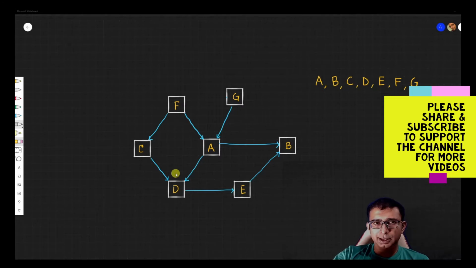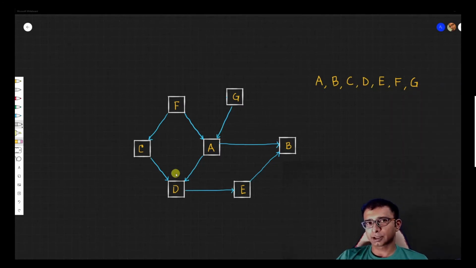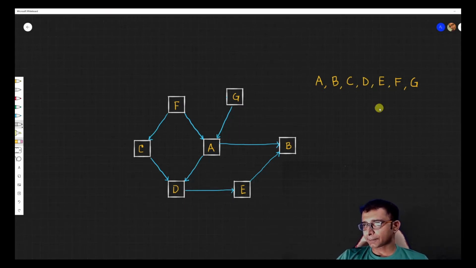So let's talk about a naive scenario before we proceed with the actual algorithm. Let's say you wanted to do a course A, and you have been told that in order to do course A, you should do course B first. When you tried doing course B, it says that you should do C and D, and then only you are eligible to do B. And in order to do C, you have to do E as well. So there is a chain of dependency.